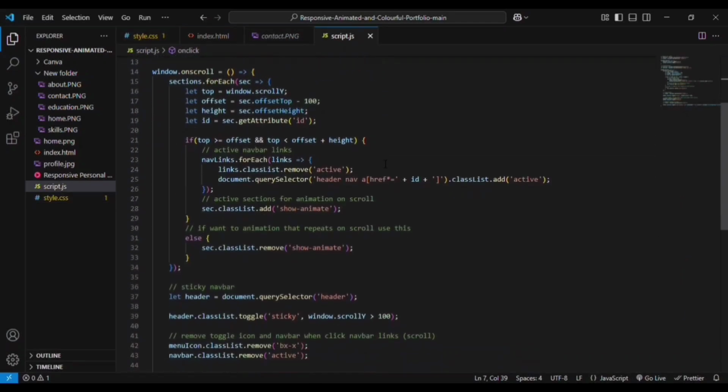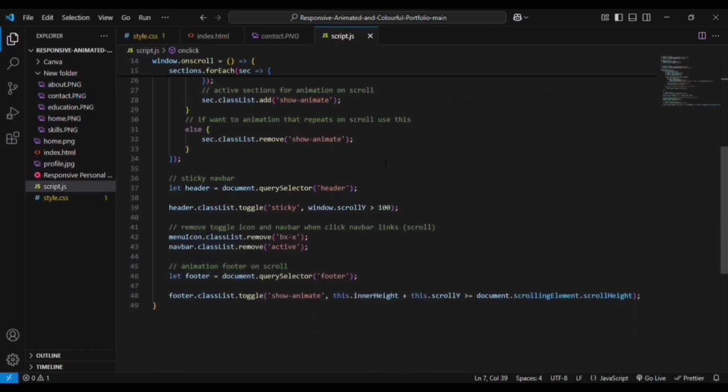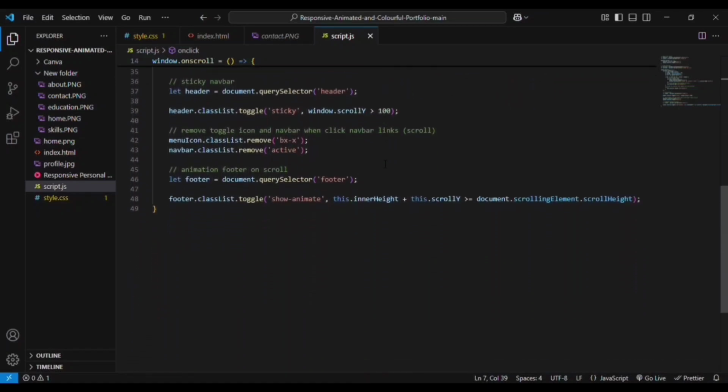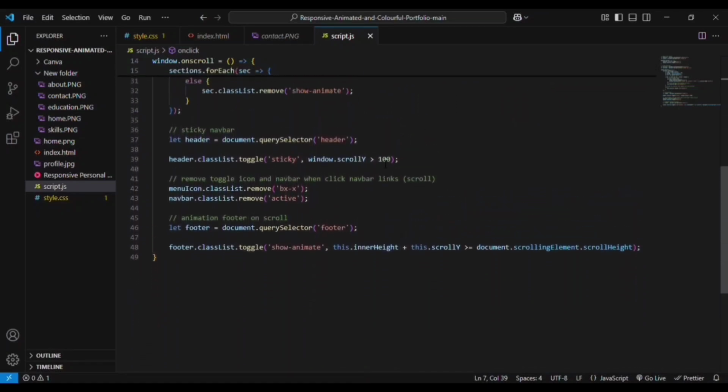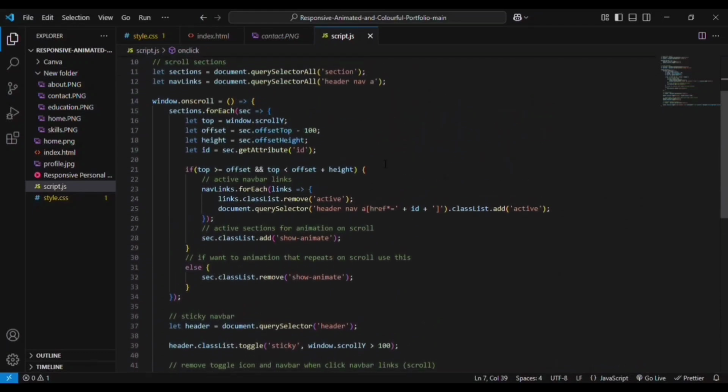This is the entire one. This is the navbar that we have added, header sticky. This window is nothing but whenever you move on from one section to another section, right, it will get the